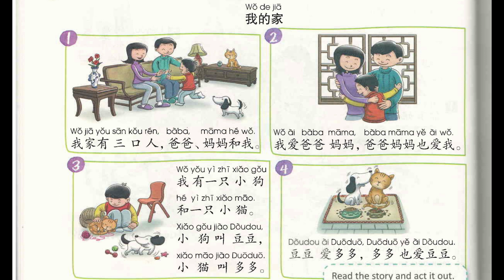Mini story. 我的家。我家有3口人，爸爸、妈妈和我。我爱爸爸妈妈，爸爸妈妈也爱我。我有一只小狗和一只小猫。小狗叫豆豆，小猫叫多多。豆豆爱多多，多多也爱豆豆。